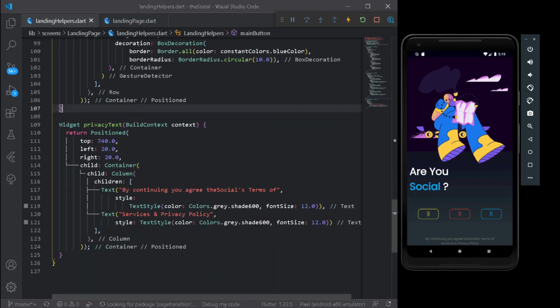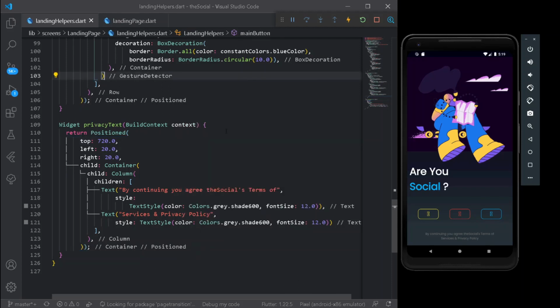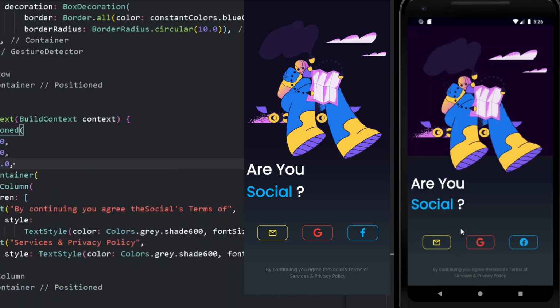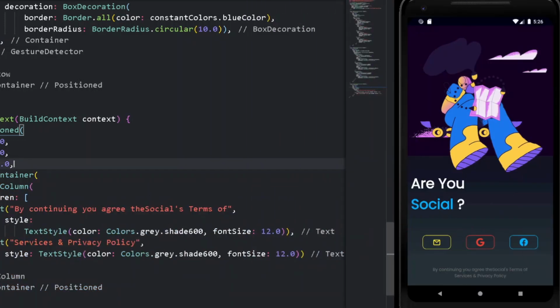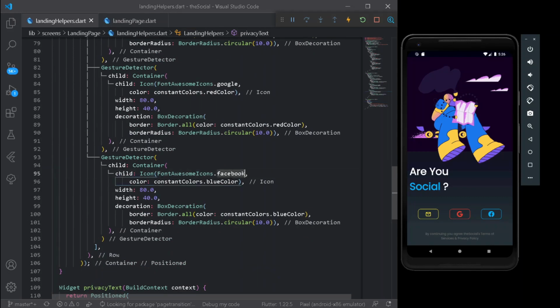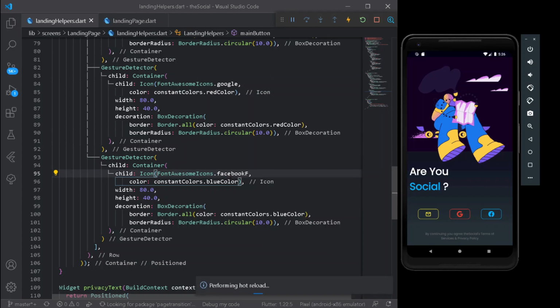I can simply go under my landing helpers and make it of 720. So everything is looking quite fantastic. After having the following UI changes, let's reload our entire application once by closing it. Alrighty, so our application is loaded one more time, and you may see we are getting our cool looking icons here. Before continuing to our next thing, let's do one thing, that is simply change one of the icons. Here instead of having a Facebook, I shall be having a Facebook F, which looks quite cool.